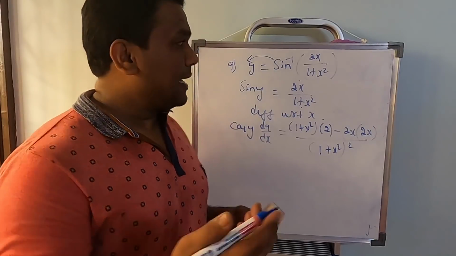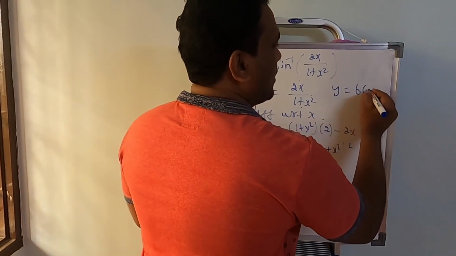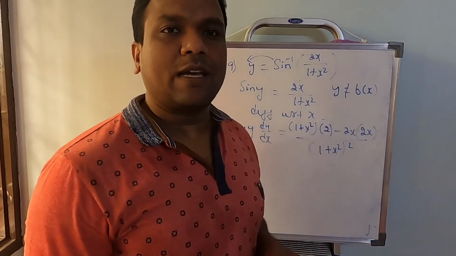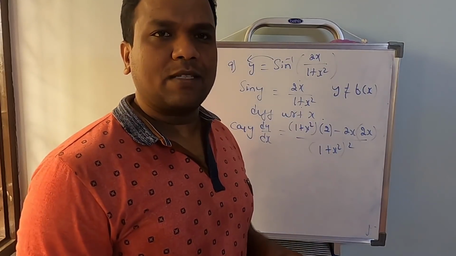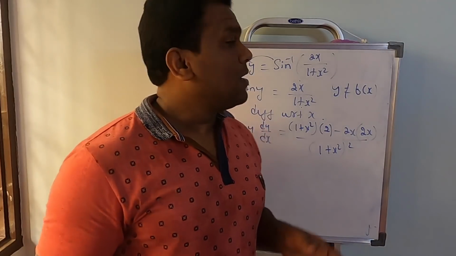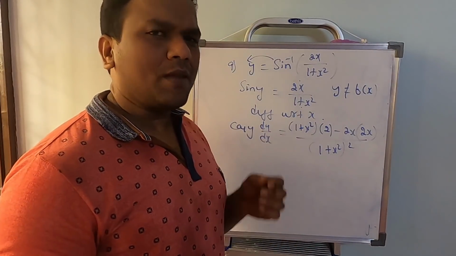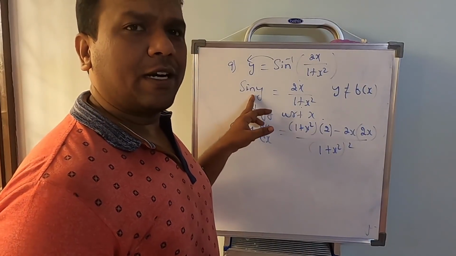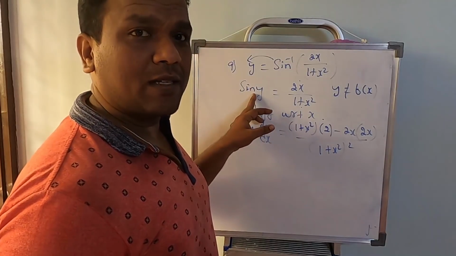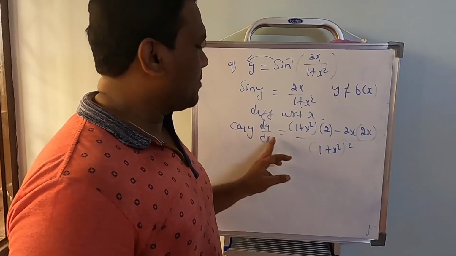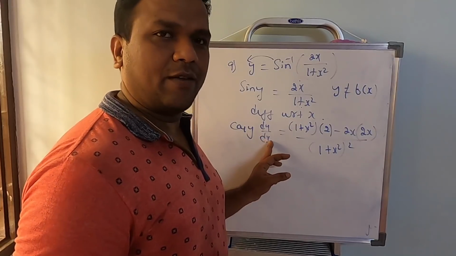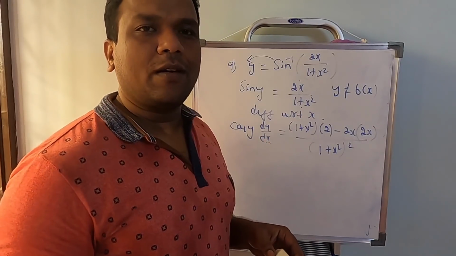So students, that's all about the differentiation of implicit function. Try to understand: any function which can be written as y is equal to f of x is called an explicit function. If it's not possible to express y as f of x, then it is simply taken as an implicit function. When doing differentiation of implicit functions, no new formulas exist. The same formulas you have studied apply, but just take care whenever you differentiate a term of y, just like differentiation of a term of x. So differentiation of sin x with respect to x is cos x, but sin y will be cos y multiplied by dy by dx. I have given you the explanation of why you get dy by dx. So that's the end of the topic, implicit differentiation.